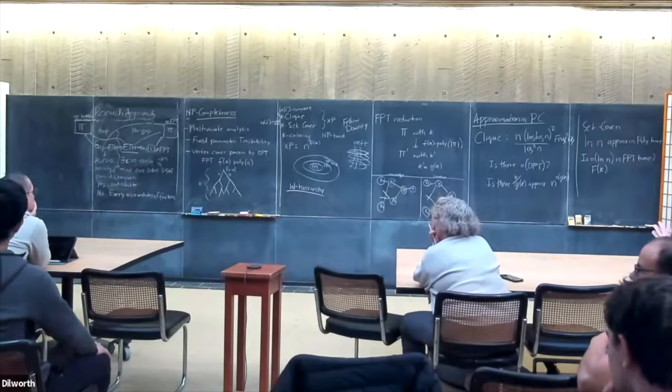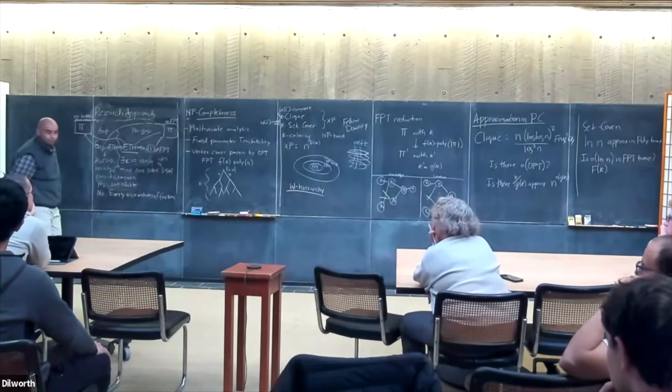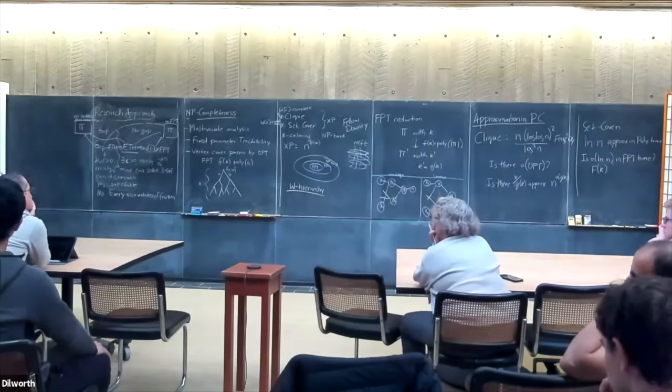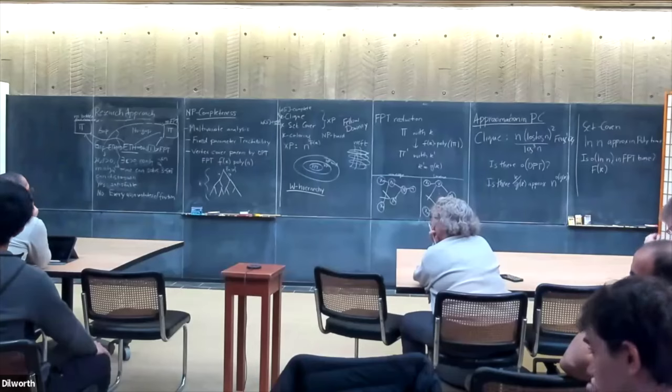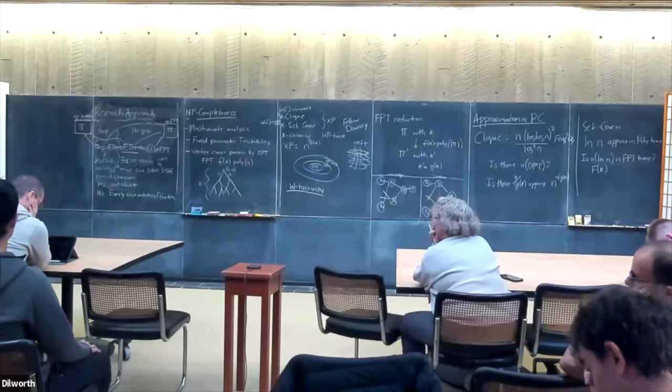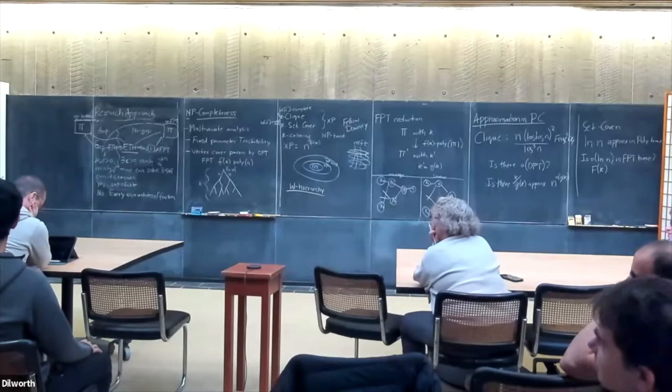Here your f of k is an arbitrary function. How much does it break down if you decide that f of k has to be, say, 2 to the order k or 2 to the poly k or something like that? Because the vertex cover algorithm is 2 to the k. Maybe I decide that 2 to the 2 to the k is way too big and I don't want to consider that valid.